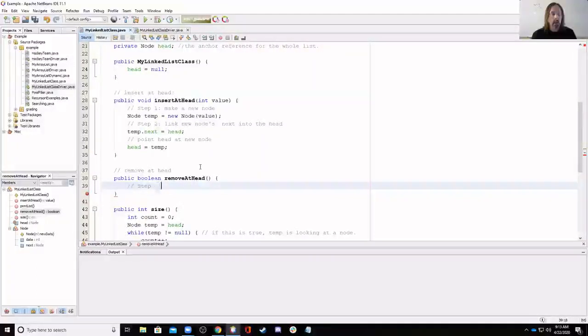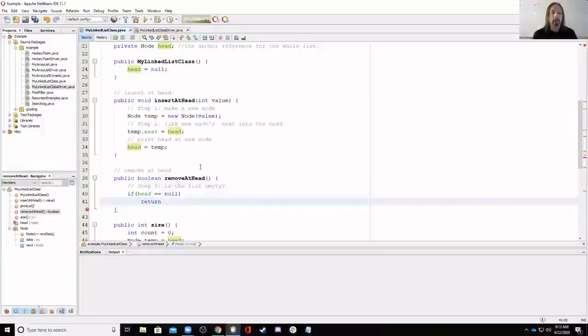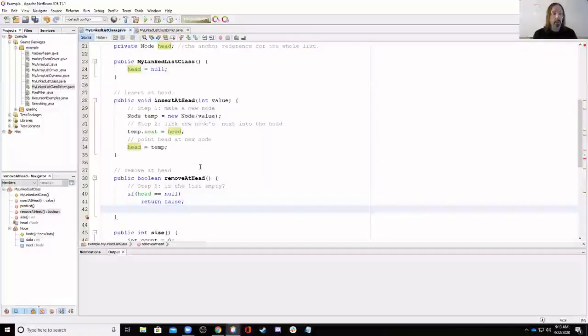And so we've got really a very simple set of items. Step one, is the list empty? And that's very easy. And we just say if head is equal to null. If that's true, then we return false because we're done. Nothing to remove. Step two, if not,